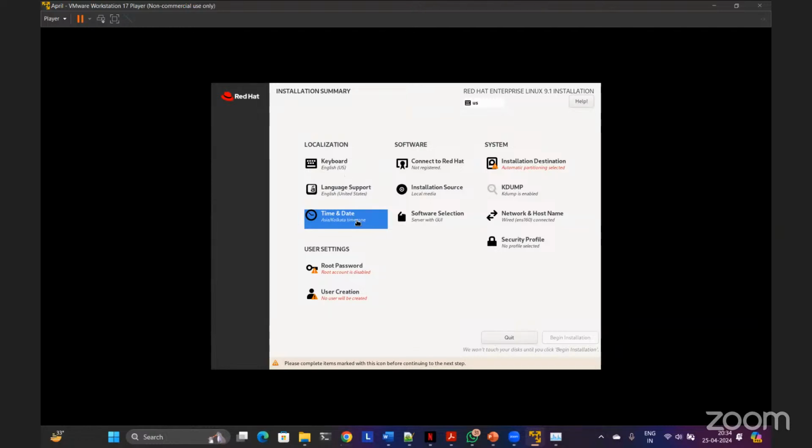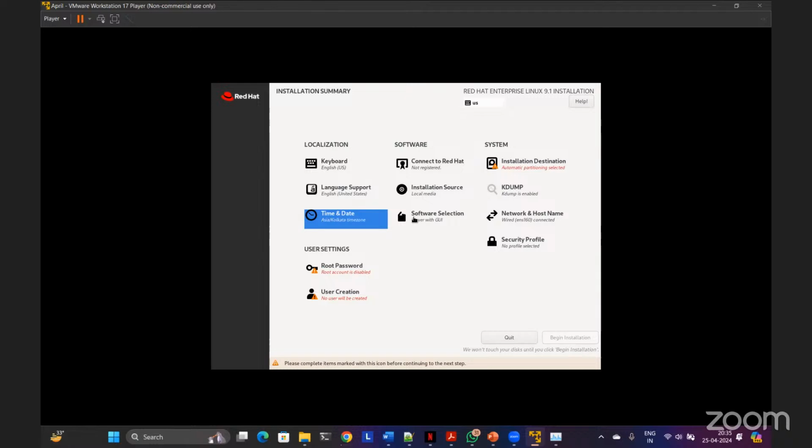It is just that I'm showing you what options you may get. Then the second column, connect to Red Hat. Now this is required if you want to install the latest updates during the installation. Although we don't do that, we do it later, not immediately. So we will connect to Red Hat when it is required, not now. Installation source says local media. Installation source is like you want to install the operating system from maybe the pen drive or the DVD ISO. So I'm using DVD ISO, so I'll not be making any changes here, right?